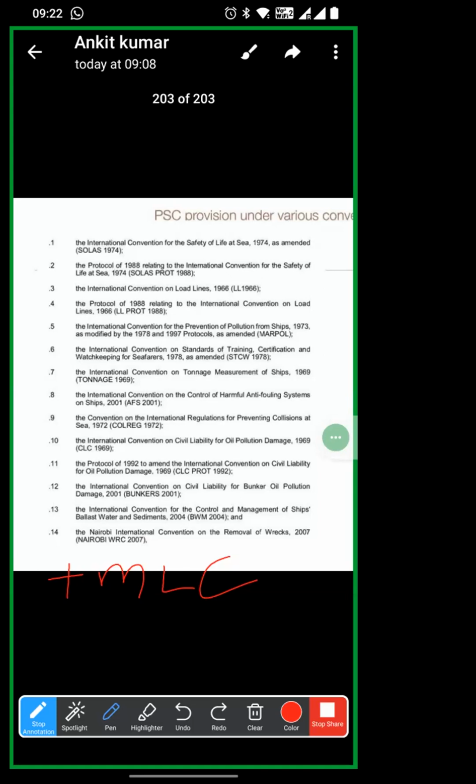Okay, these are some of the conventions under which the PSC have been given a right to inspect the vessel, the operational part. वेसल्स को सेफली ऑपरेट करने के लिए जो जो चीजें चाहिए वो सारी चीजें पीएससी इंस्पेक्ट कर सकता है।